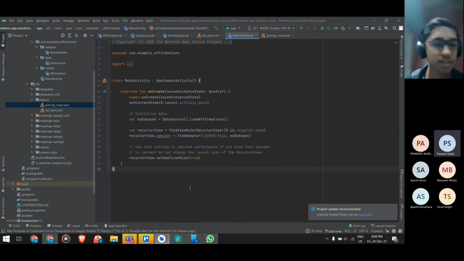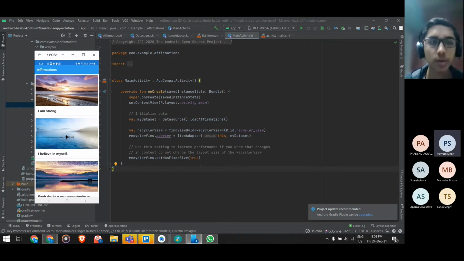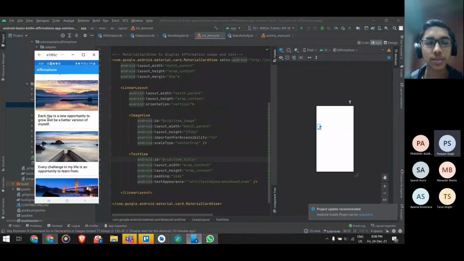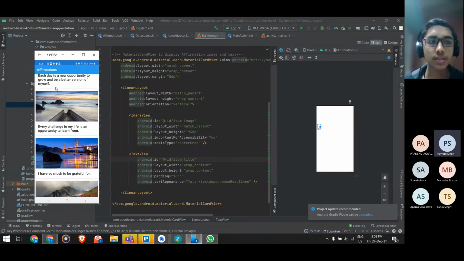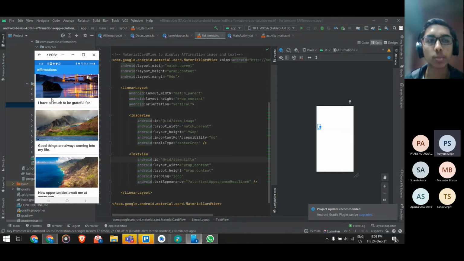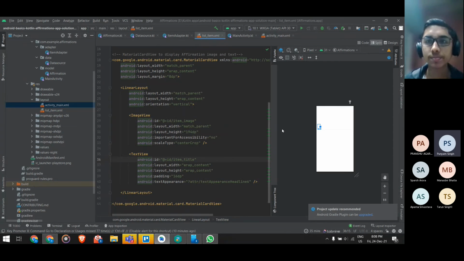Now I think that's about it. The affirmations app, yes, I'll just show you how it looks. Just give me 1 second. Okay, so your affirmations app will look like this. We've got our list, and each list has our list item. Our list item has just this image view and your text, and you can scroll in it as you wish. Here there'll be just 3, 4 views that as soon as it scrolls out, it comes back here and is repopulated.